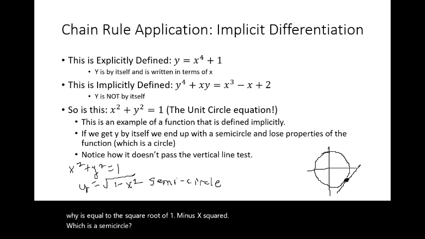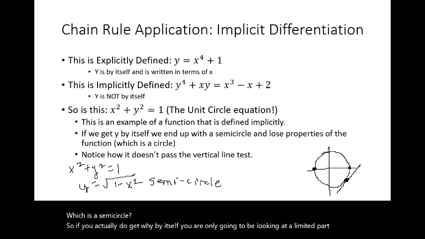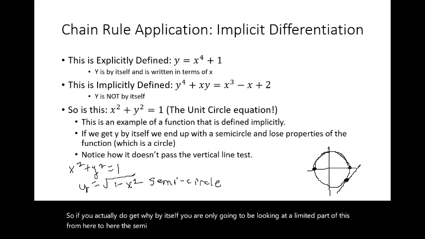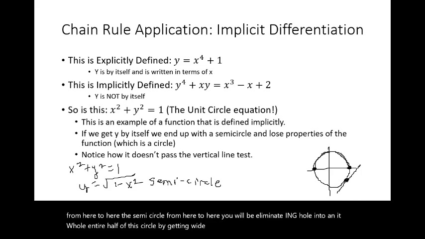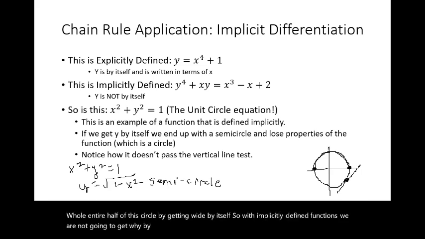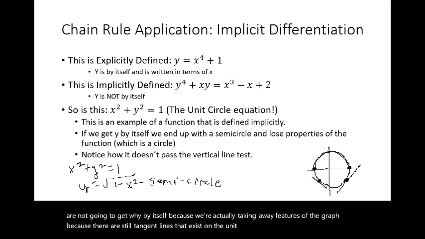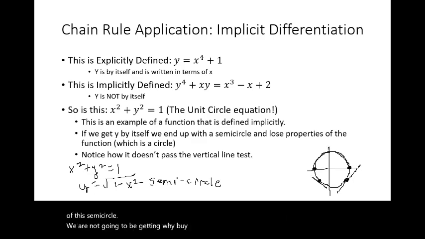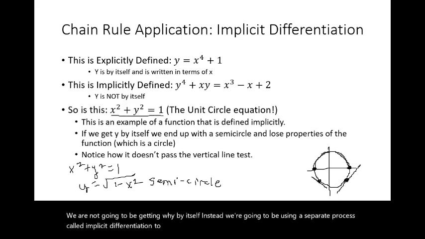So if you actually do get y by itself, you are only going to be looking at a limited part of this, the semicircle from here to here. You will be eliminating a whole entire half of this circle by getting y by itself. So with implicitly defined functions, we are not going to get y by itself because we are actually taking away features of the graph. And because there are still tangent lines that exist on the unit circle for other points that are outside of this semicircle, we are not going to be getting y by itself. Instead, we're going to be using a separate process called implicit differentiation to take derivatives of equations like the unit